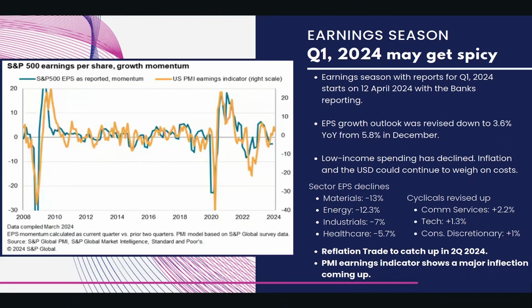And then on to earnings season, which started today, actually, with the banks kicking off earnings as usual. Now, this earnings season may not be as strong as previously expected, and things could start to get a little spicy here, because we all know that big tech is priced for perfection, right? So what I mean is all the estimates that we have for big tech, while many of them have been taken down quite a bit, they are still pretty high in the context of things, right? And so we know that if big tech starts missing earnings, that's going to create a lot of pressure on